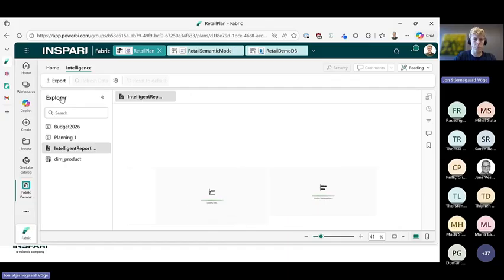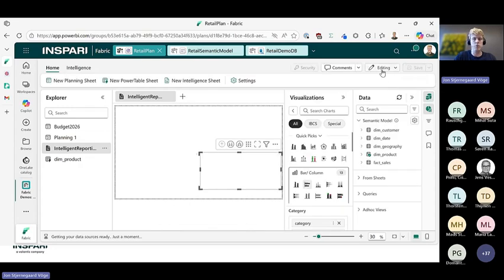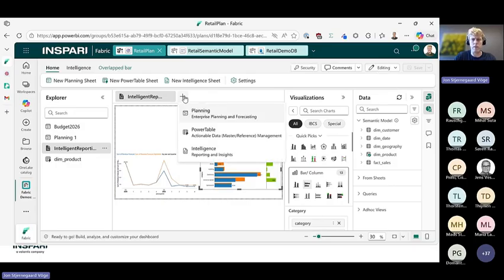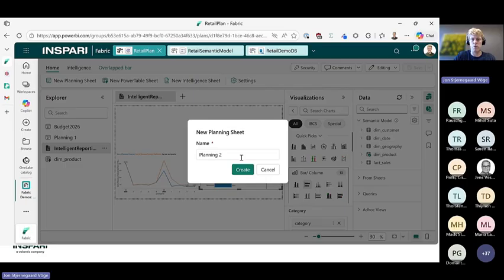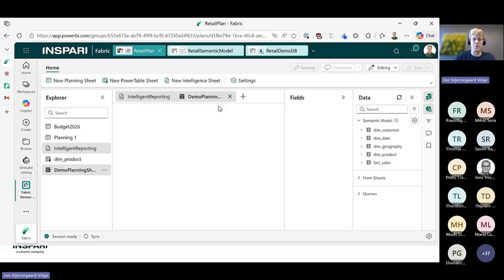I'm not sure why it's already opening my reporting here. Maybe I had that open already. But that's because I'm in reading mode. You need to be sure that you're in editing mode here if you want to do anything. And we're kind of skipping ahead here, seeing the intelligence sheet before I plan to. I'll quickly just create a new demo planning sheet, so that I don't distract you with what intelligence looks like.